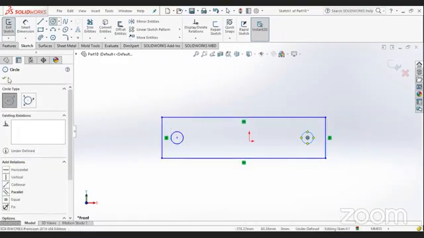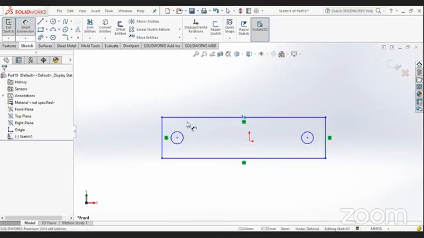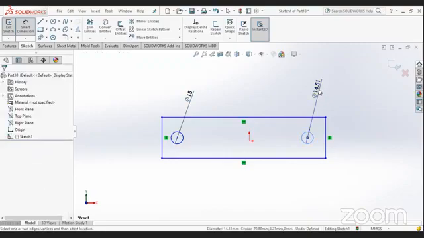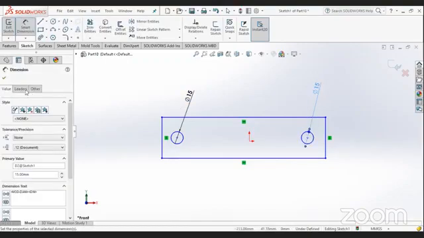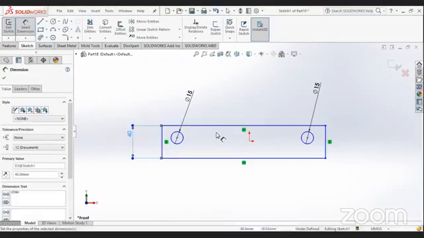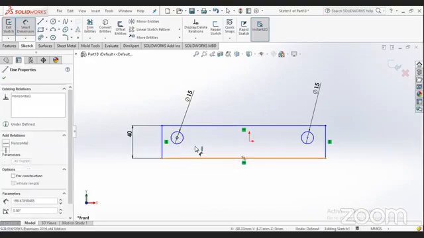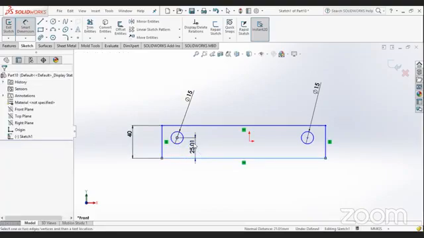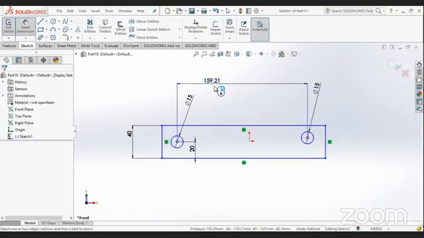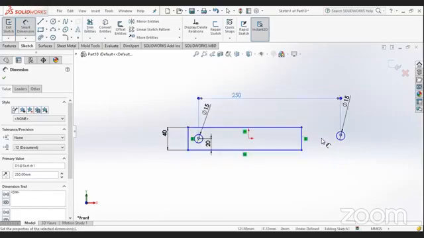So I'll be just making a simple mechanism to demonstrate the concept. 15 and the other also say 15. It would be easy for us, right? Let it be 40, making it at the center, so 20. Now I've taken the center, let's say 250 mm. 250 mm. Okay.